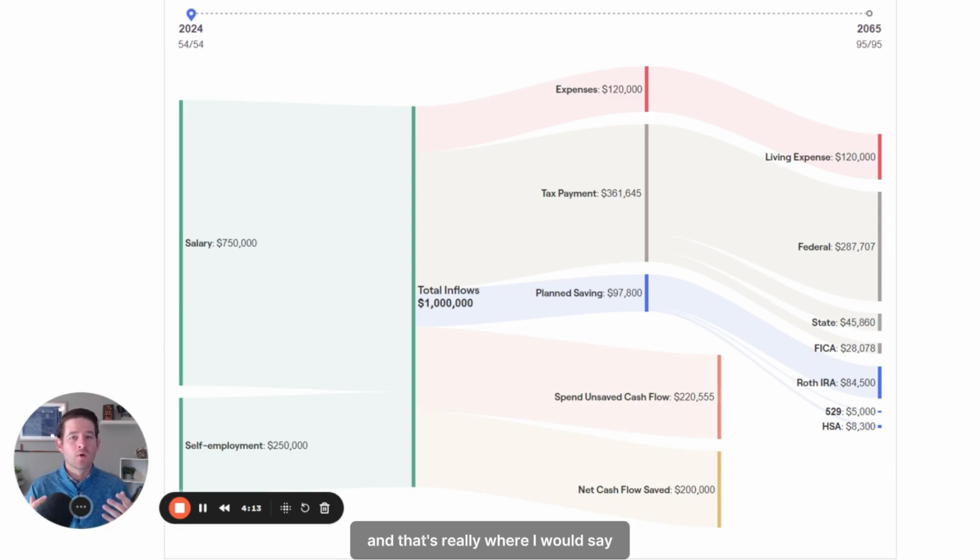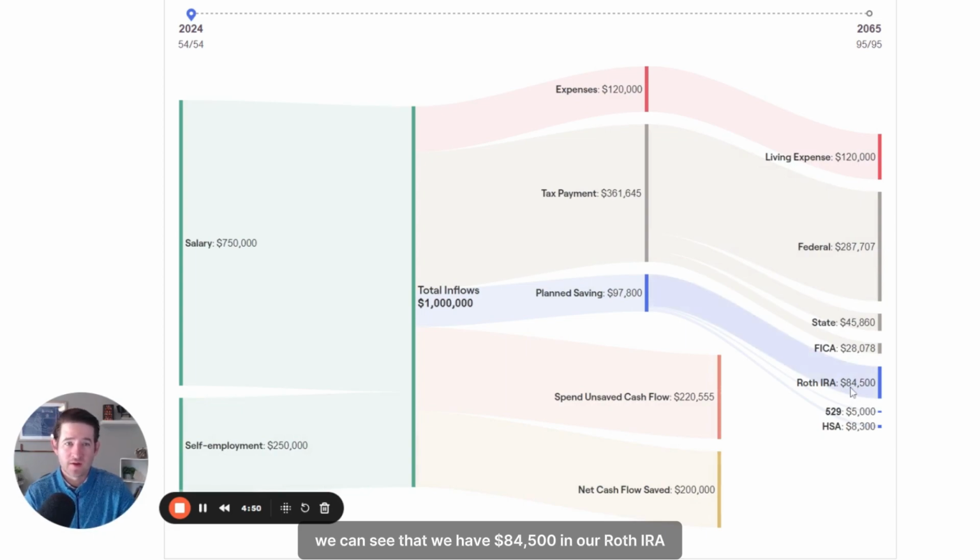And that's really where I would say our job is to go do the homework. And what this is showing you is the results of the homework. So we're just going to give an example and assume that this client has already told us we have an education goal, we have a retirement goal, and now we've come back to them and said, okay, based on when you want to retire and how much you're spending, here's how much we believe you need to save. So in our planned savings column, this is going to represent specifically our qualified savings. So over here, we can see that we have